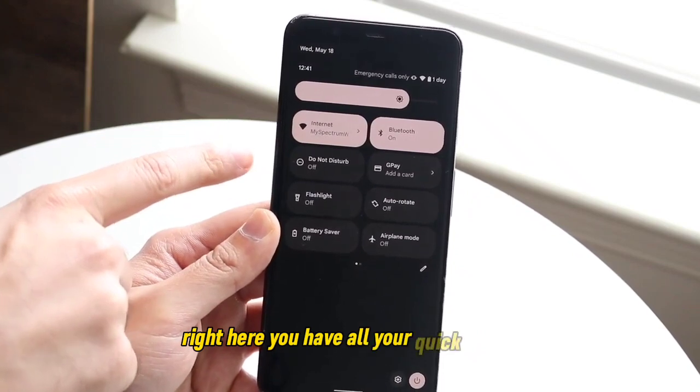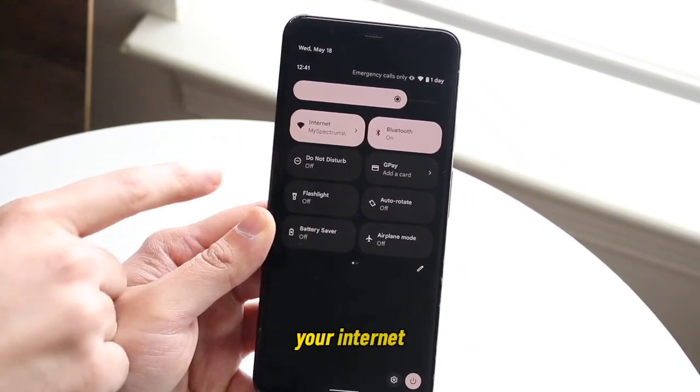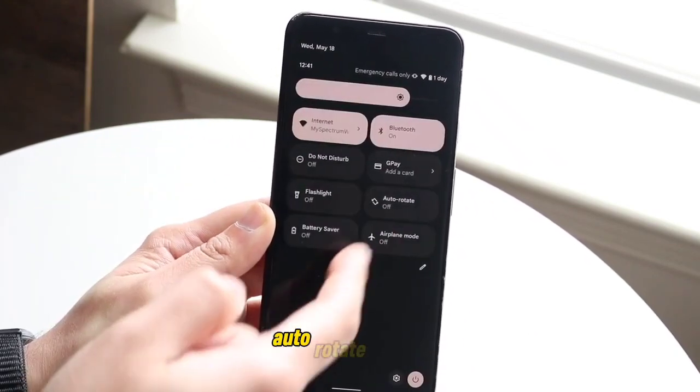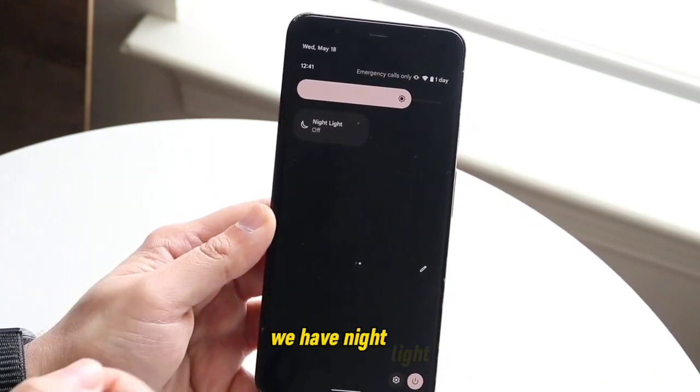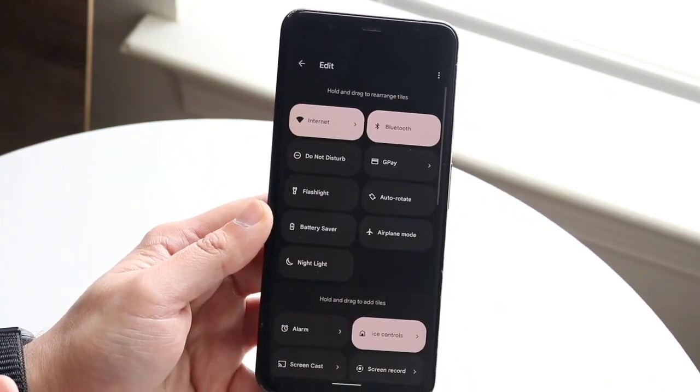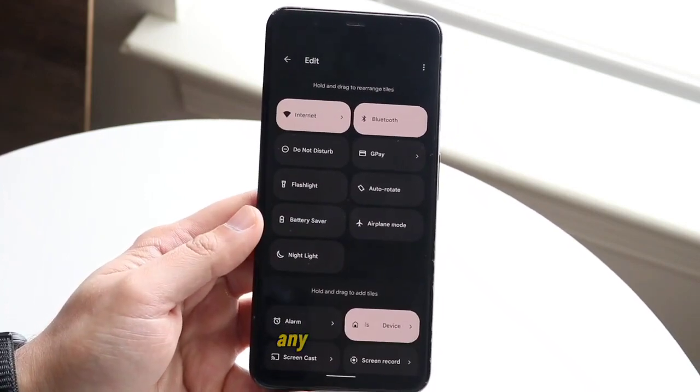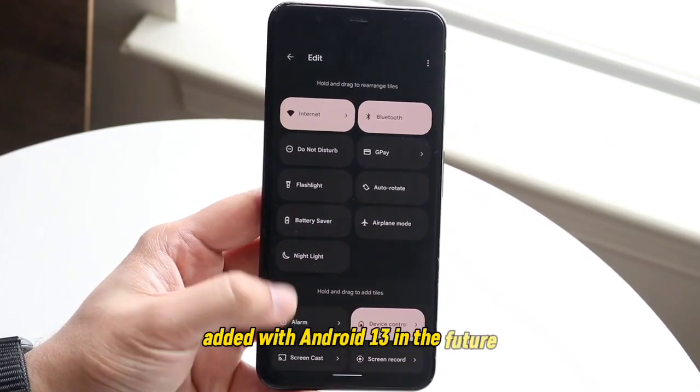Right here, you have all your quick toggles. So like I mentioned before, your internet, Bluetooth, flashlight toggle, auto rotate screen. Swapping to the side, we have night light. You can always click the edit button right here to add even more toggles. And if there are ever any other toggles added with Android 13 in the future, you'll basically be able to